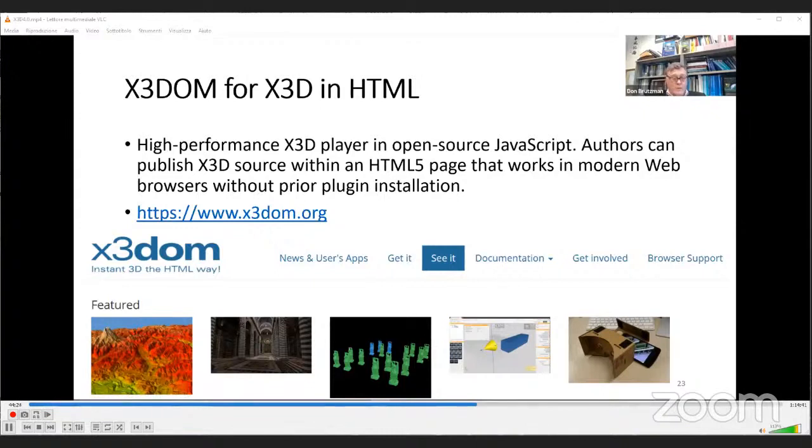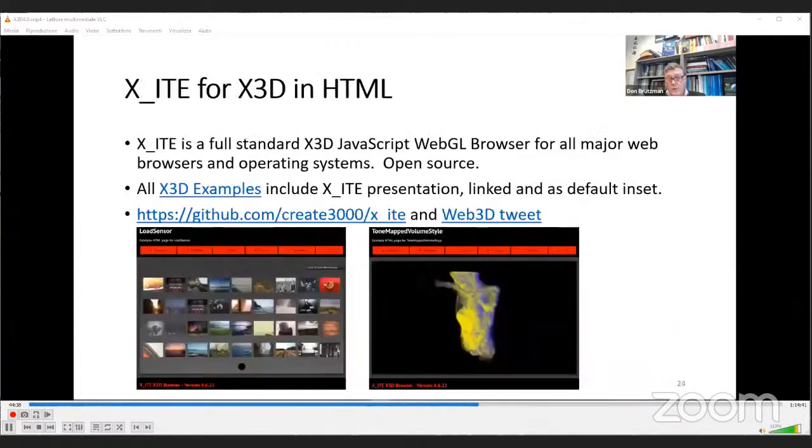So if you want to put X3D in a web page, you can use Xredund for that. And we have, well, 4,000 examples roughly online that show exactly that. And then we have Xcite, which is the other major JavaScript browser. And in fact, I believe that Xcite is still probably got the greatest support of any of the players. We haven't done an inventory too recently, but they're up in the 90-something% of full capabilities, and no doubt working on some of the X3D4 things. So